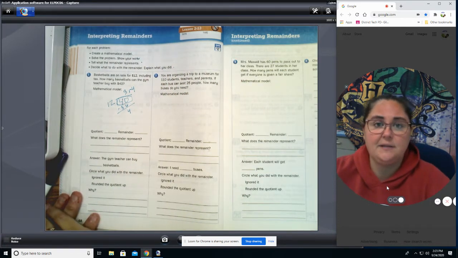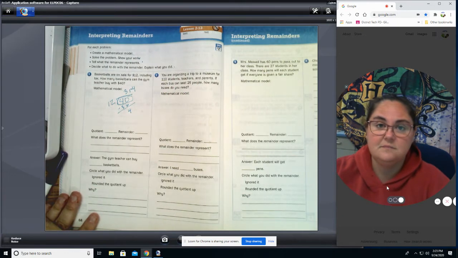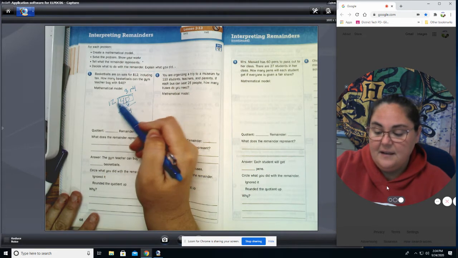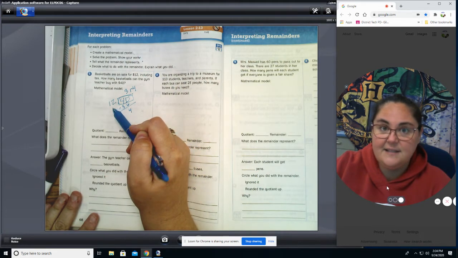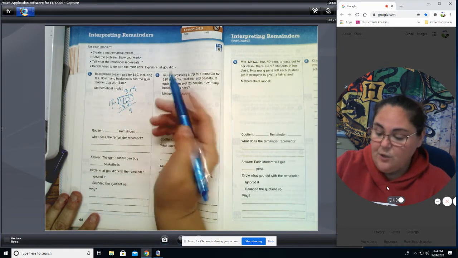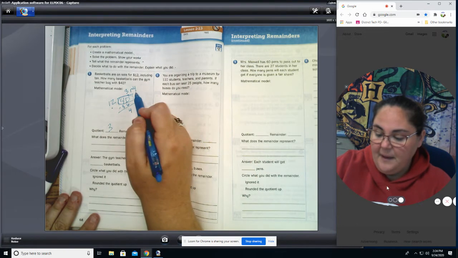What does it represent? Does it represent basketballs? No, that's the money I have. So this is the money I have. This is how many they cost. This is how many I can get. So my quotient is my answer. My remainder is